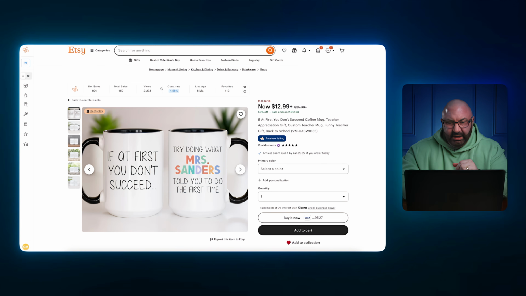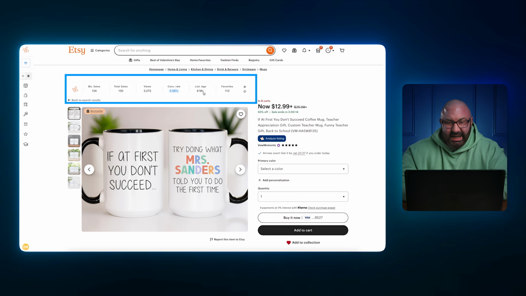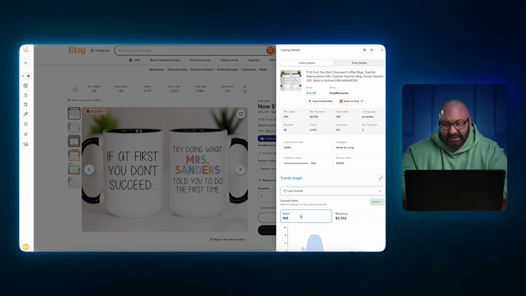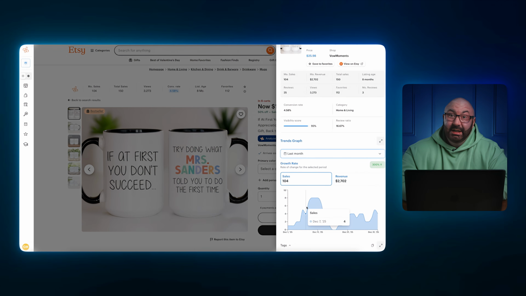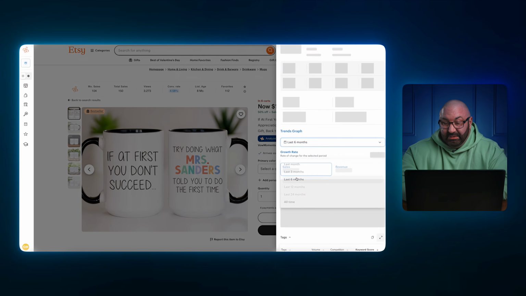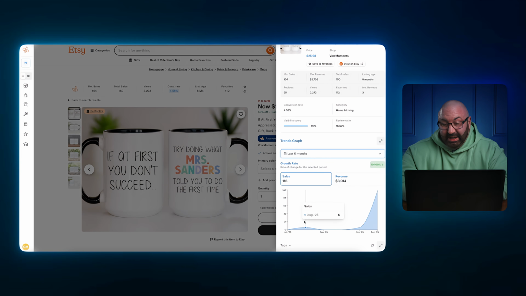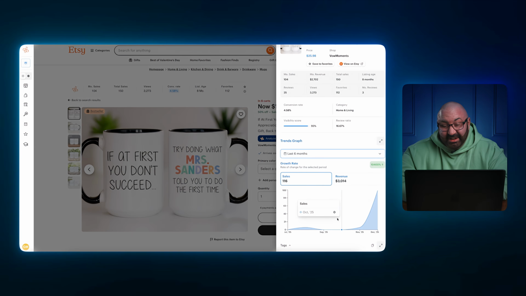To show you another one here, we have this. This is more of a teacher style mug, okay? And it looks like they're doing a 15 ounce just because of the curve. Either way, they have 150 sales, 8 months, okay? Analyzing this right here, 104 of those sales came last month. Going down, say 6 months, you could see right here, in August, they sold 6. Yes, 6. Okay? Then they sold none. Then none. Then 6. And now, boom, 104 in December.